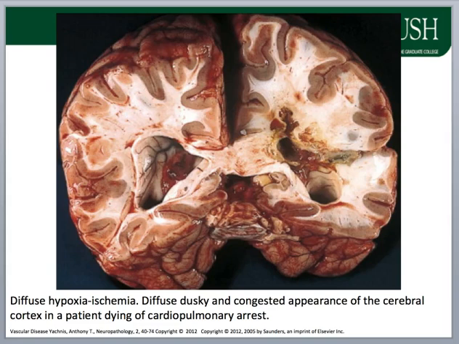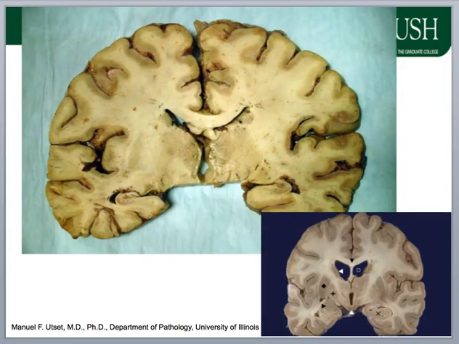In an infarct, these changes would be localized to a particular lobe or segment. In the acute stage of diffuse hypoxemia ischemia, there is diffuse cerebral swelling with gyral widening and sulcal narrowing, resulting from cytotoxic effects of oxygen deprivation on neurons, which lose the ability to regulate ions, accumulate water, and swell, known